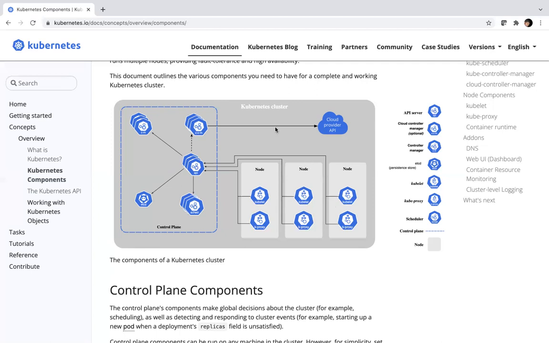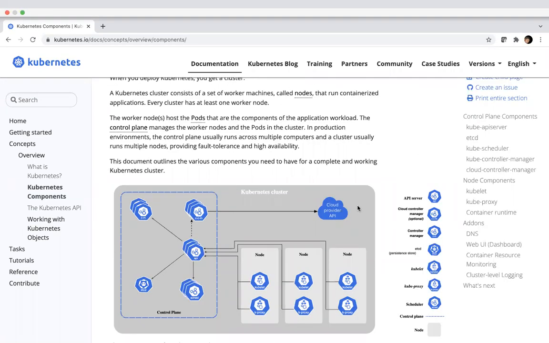So I'll start with the basic architecture of Kubernetes. Kubernetes is divided into multiple services, and these services are further divided into two parts: control plane services and node component services. Node component services are kubelet and kubeproxy. Master node or control plane services are API server, scheduler, etcd, controller manager, and now this new one, which is optional, the cloud controller manager.